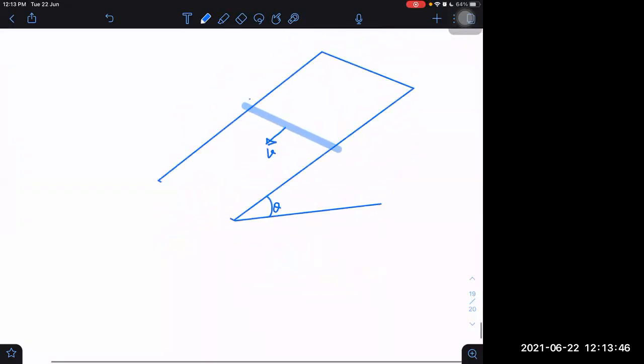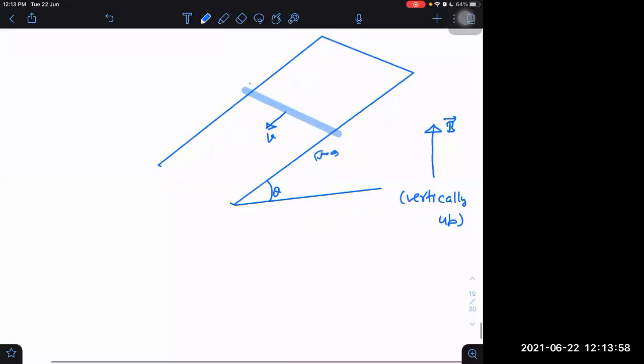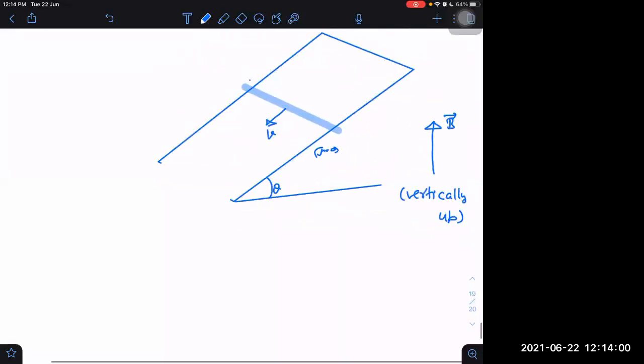Can we take vertically upwards? Let magnetic field lines be vertically upwards. Frictionless surfaces, let us say, for simplification. What we have to do now, see what are the steps involved.